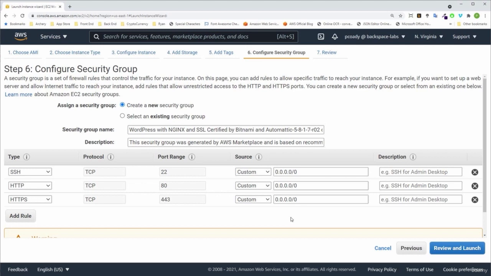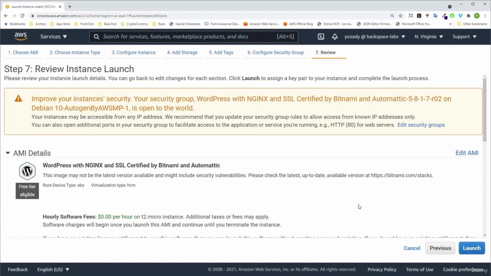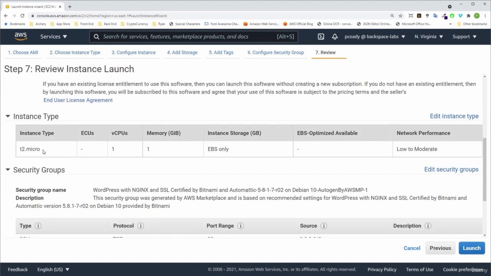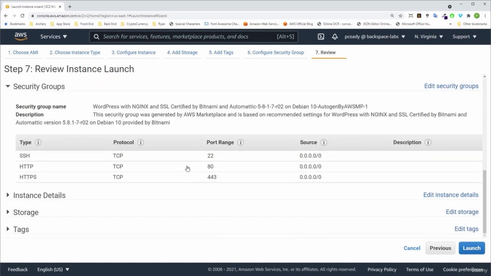So by doing that, we just click on review and launch, and that security group will be automatically associated with this EC2 instance, and it will allow traffic from the wider internet to view our website. We'll click on review and launch. So we can see here our WordPress AMI is going to be installed. The instance type will be a T2 micro. And here we can see our security group is going to have access, very important, on HTTP